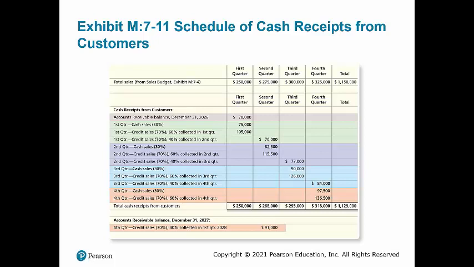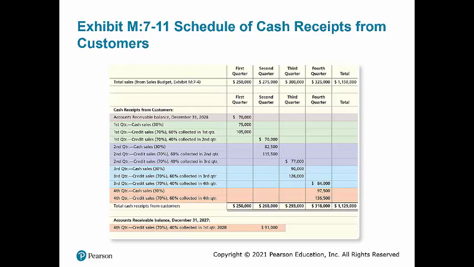So 30% of $250,000 is $75,000. The remaining $175,000 in sales for the first quarter will be on account. Smart Touch Learning projects that 60% of the $175,000, or $105,000, will be collected in the first quarter. The remaining 40%, or $70,000, will be collected in the second quarter. We would add together the collections from the accounts receivable, the cash sales, and the credit sales, and that would give us total cash receipts from our customers for the first quarter of